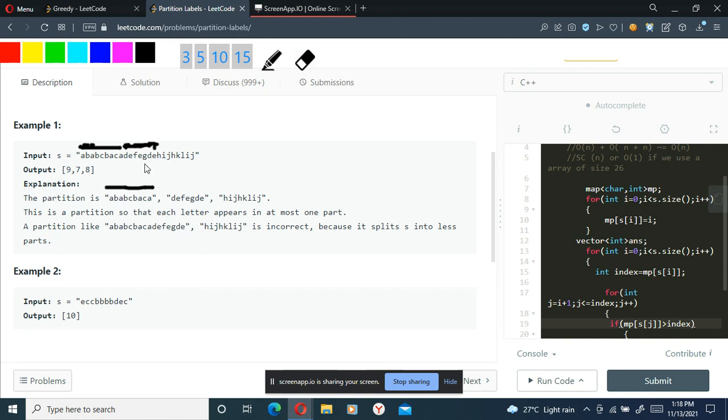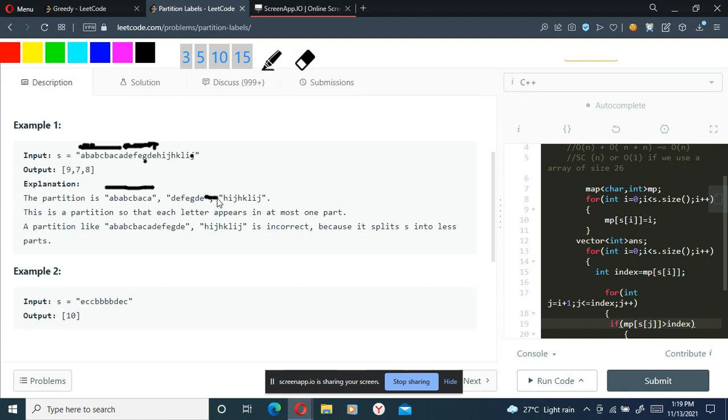But let's say we had a G here, suppose instead of J I would have written G here. Then my index would have changed from this position, that is E. So I would not have got a string like this.